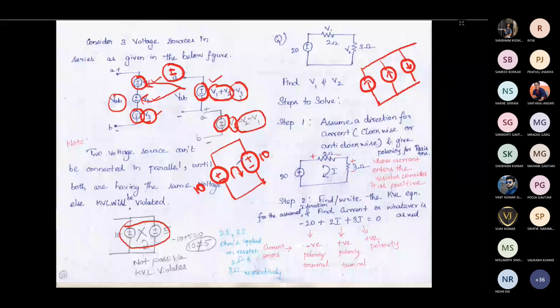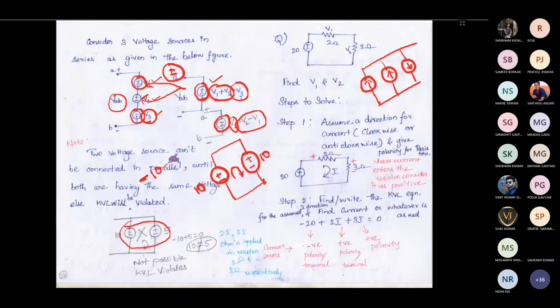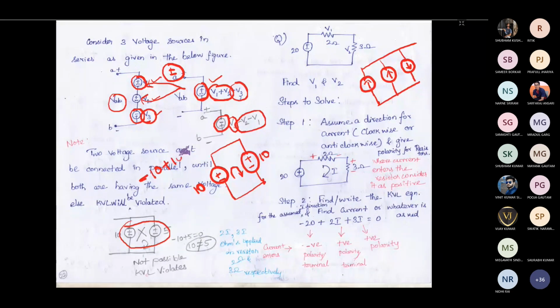You know that within the loop, KVL should be satisfied. So here the current is entering the negative polarity, and then the current is entering the positive polarity here. So 10 minus 10 will be equal to 0. Okay, if you are having 5 volt here and 10 volt here, and you write the KVL equation for this, assuming the current direction in this way, you will get minus 5 plus 10. So that should be equal to 0 actually, right?